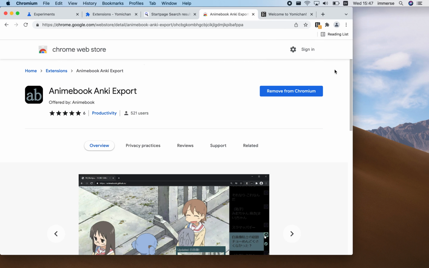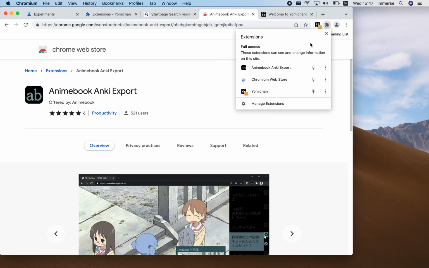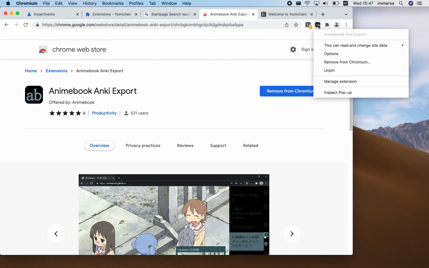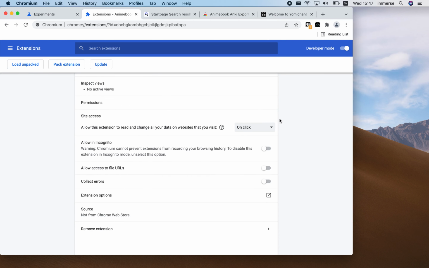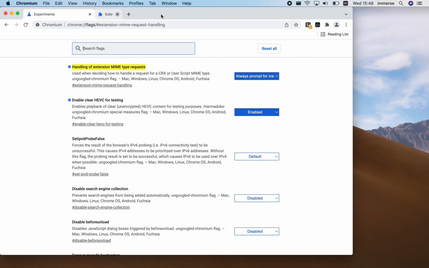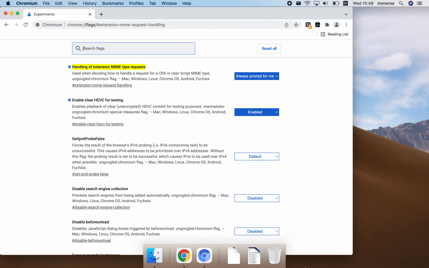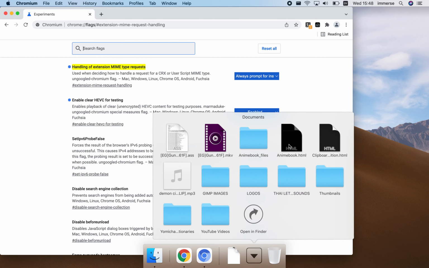And again, I don't think you need to do it with anime book. If you pin it, manage extension. Oh yeah, allow access to file URLs. One more time. There we go. And we are done. That's everything. So when you go to open up anime book now,